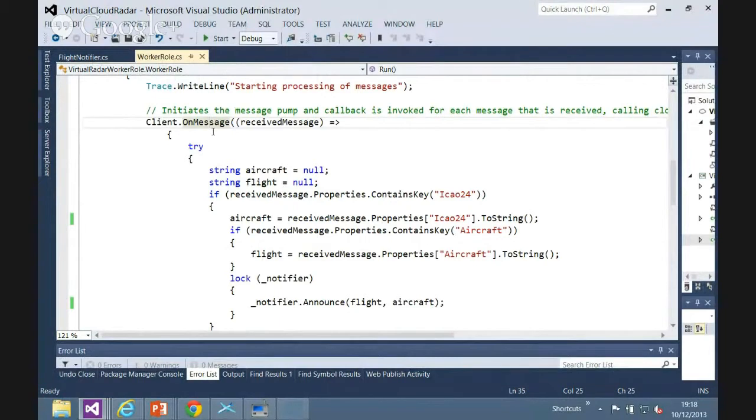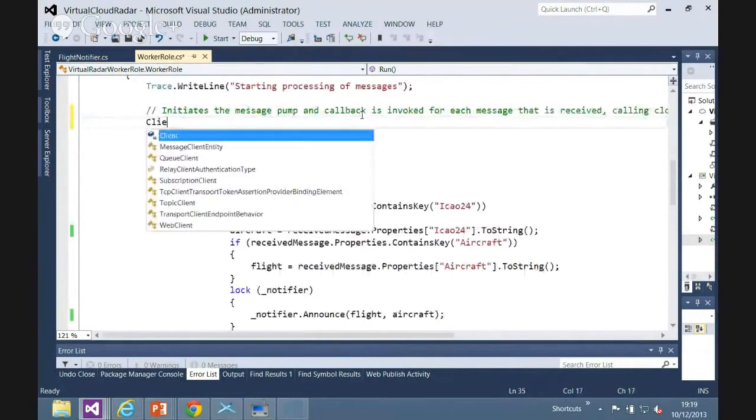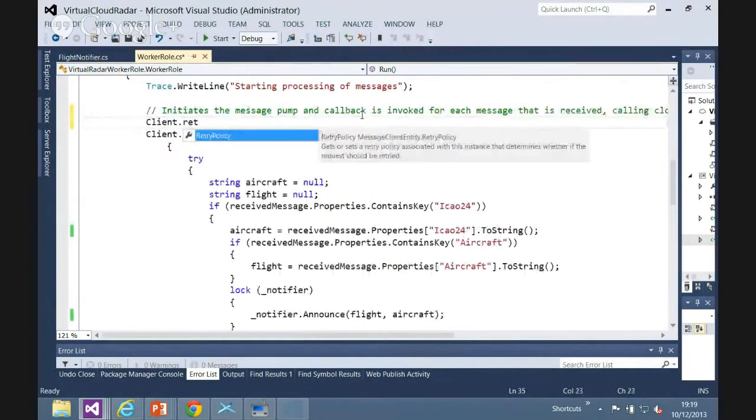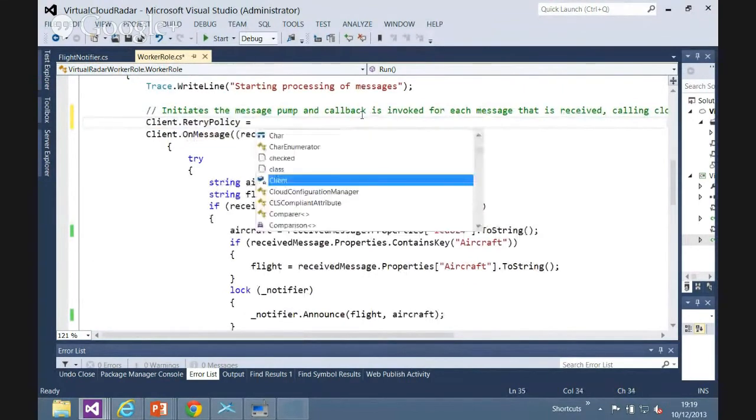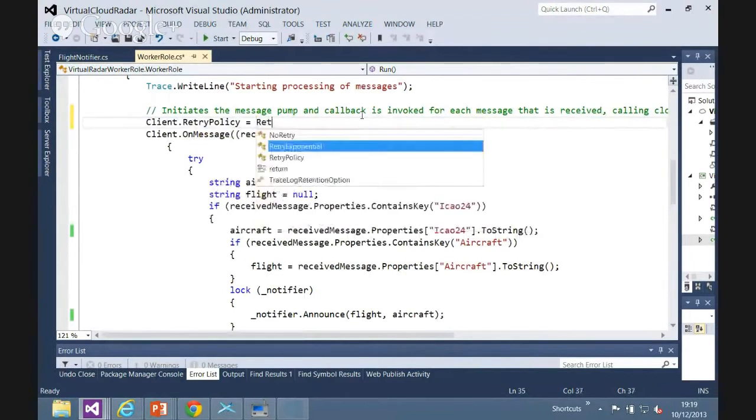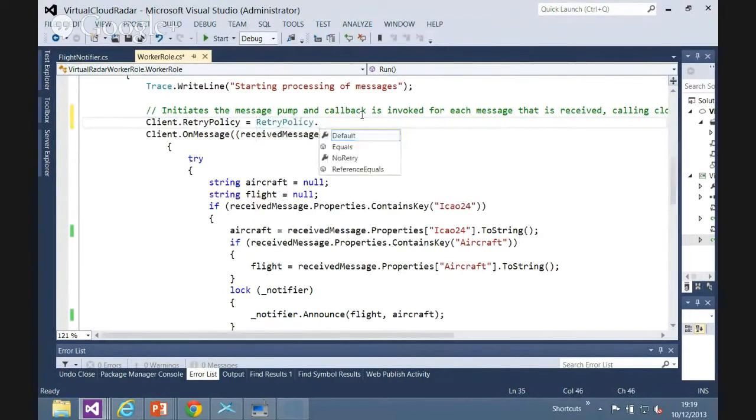If you say on message, you have to execute this piece of logic. And I can have a lot of other things. For example, I can set the client retry policy, as I just mentioned. Something like this, no retry, and so on. You can have other things like